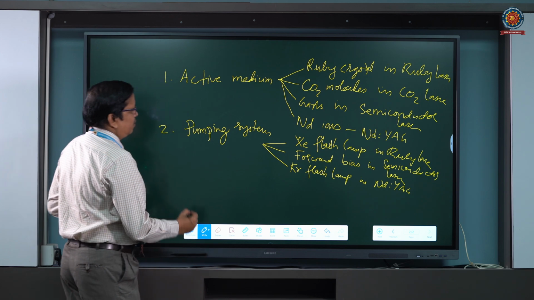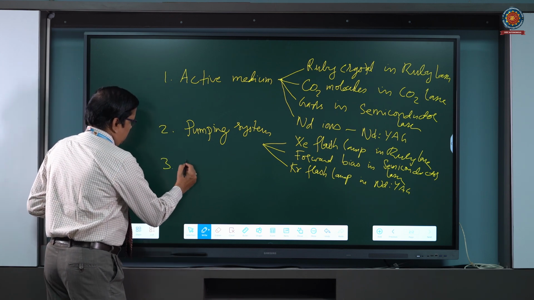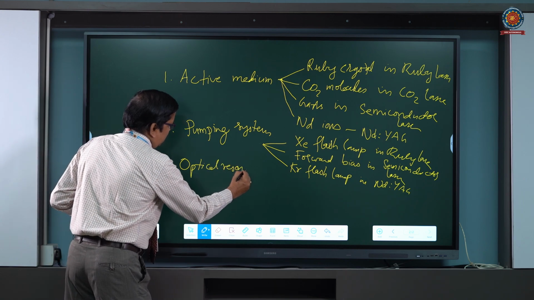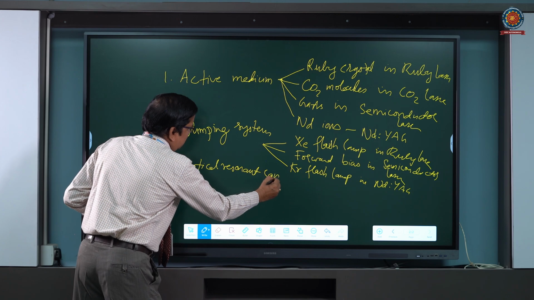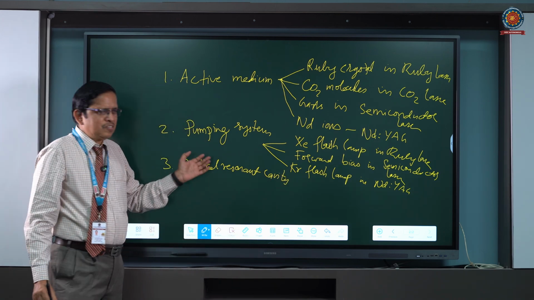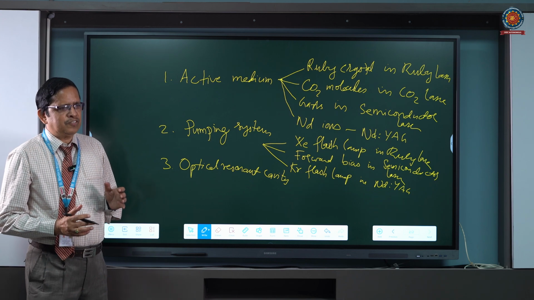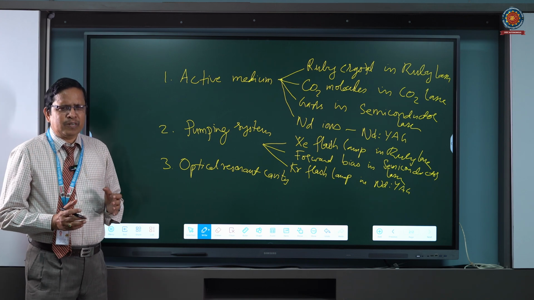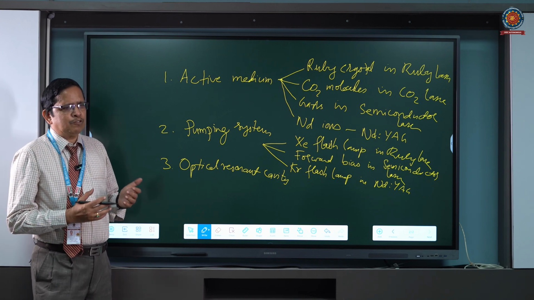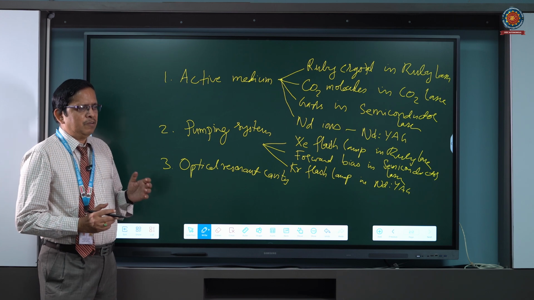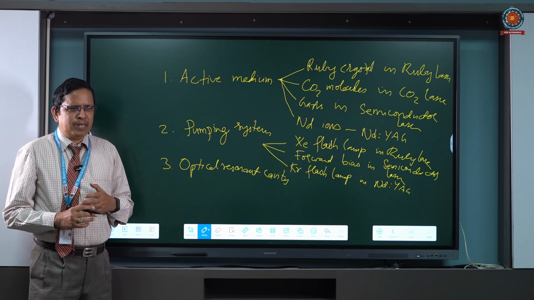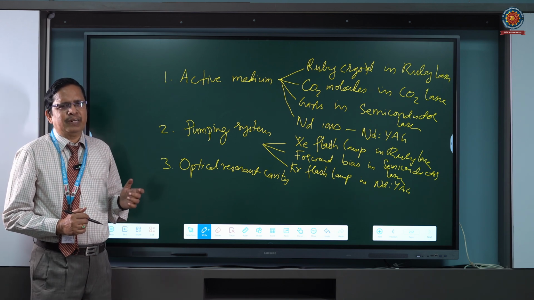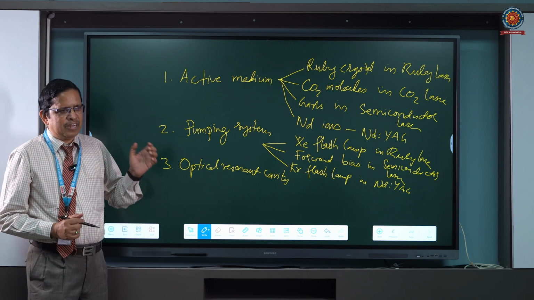Then the third component of a laser is the optical resonant cavity. This component is required because we want to eliminate the spontaneously emitted photons from the medium, because spontaneously emitted photons travel in different directions. We have to eliminate them. Then the second thing is we have to have multiplication of stimulated emissions, and then we should provide a direction for the emitted laser beam. All these three things are achieved by